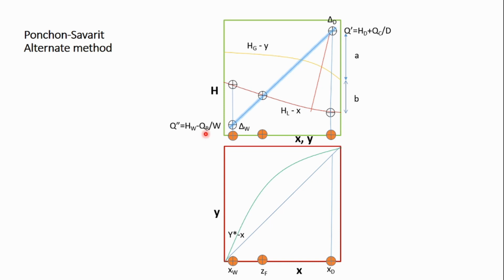Okay, now we know that all our operating lines have got this difference point as one common point. So they start from delta D point. So in enriching section, all the operating lines will be starting from delta D, right? And in the stripping section, all the operating lines will be starting from this delta W point. All the operating lines will be starting from delta W. This is the common point for stripping section. This is the common point for enriching section.